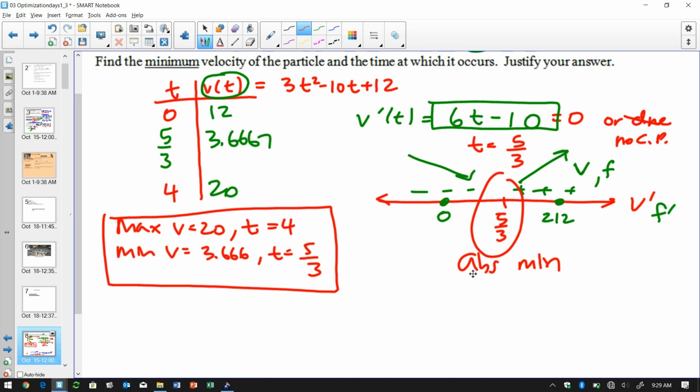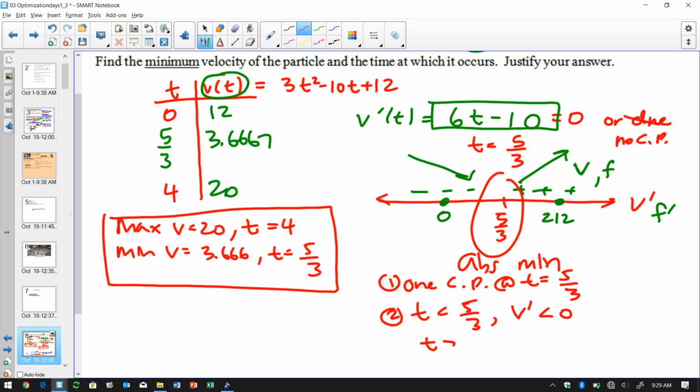So what that means is that the justification could be: I only have one critical point. That critical point is at t equals 5/3. When t is less than 5/3, my derivative, my b prime, is less than 0. When t is greater than 5/3, my b prime is greater than 0. Therefore,